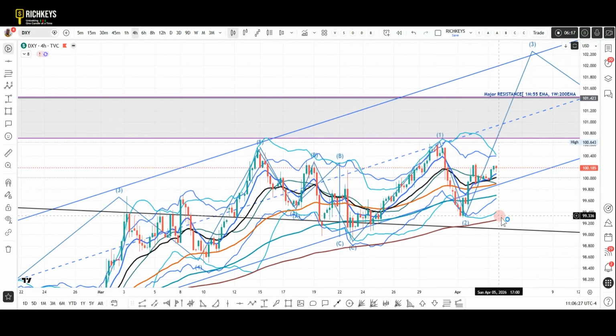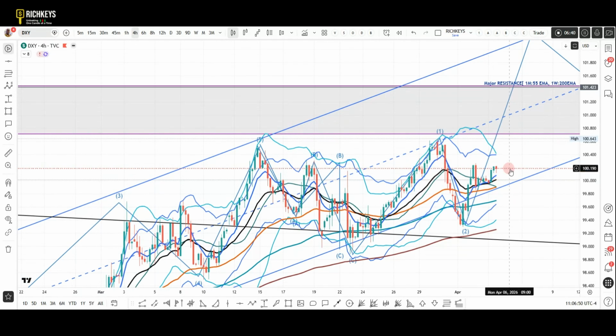But other than that, this move here that we came down, we've just done the 0.618 retrace, and I think this 0.618 retrace, of course, is a Fibonacci resistance level, so you can see that it's facing resistance here. But considering that the week ended on Thursday, Friday was a holiday, and so the Dixie did